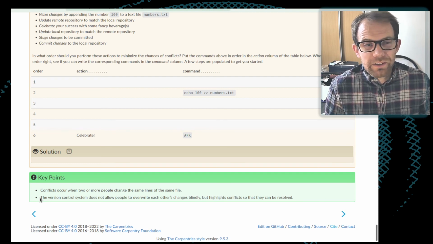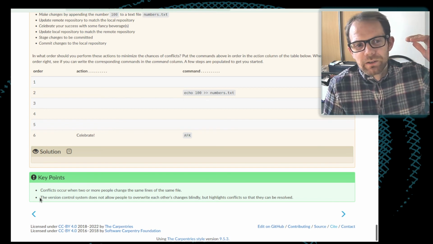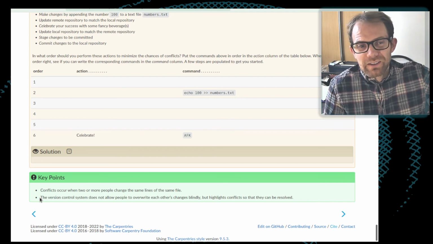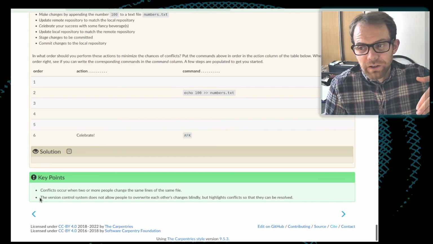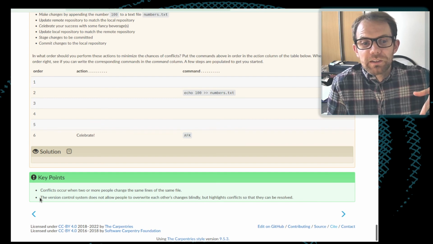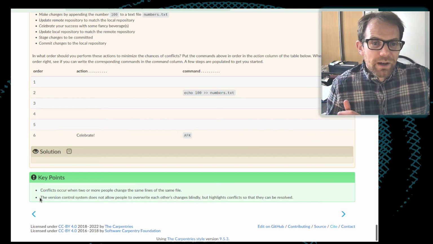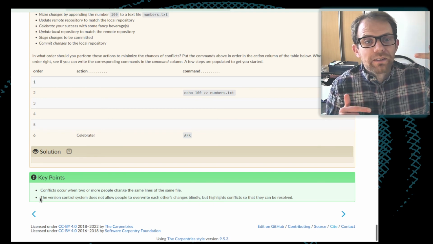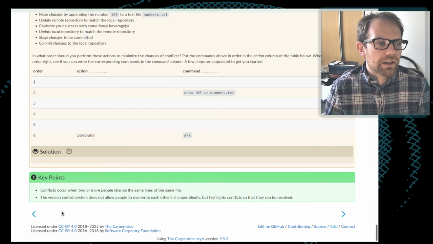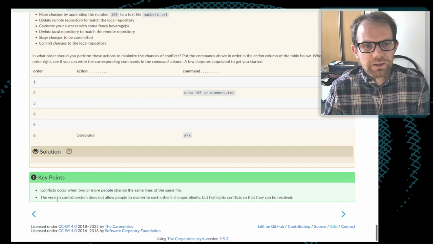If there are two different versions of the file, but they are not edited on the same line, so if I added a line at the top of the file and the other person added one at the bottom of the file, Git will normally be able to deal with this situation by deciding automatically that you want to add both the top line and the bottom line of the file. So that is a simpler case which we've not actually looked at.